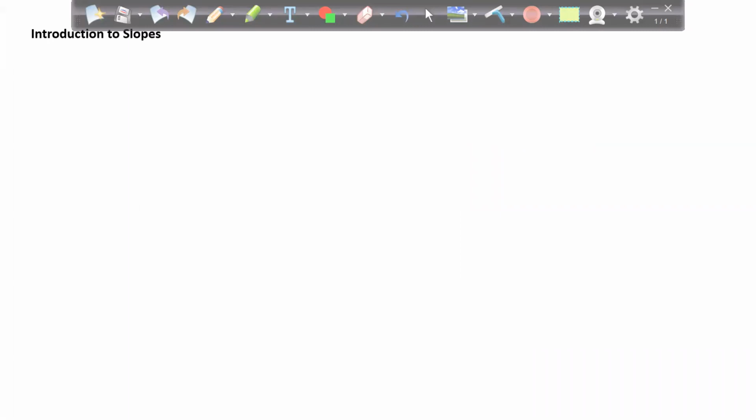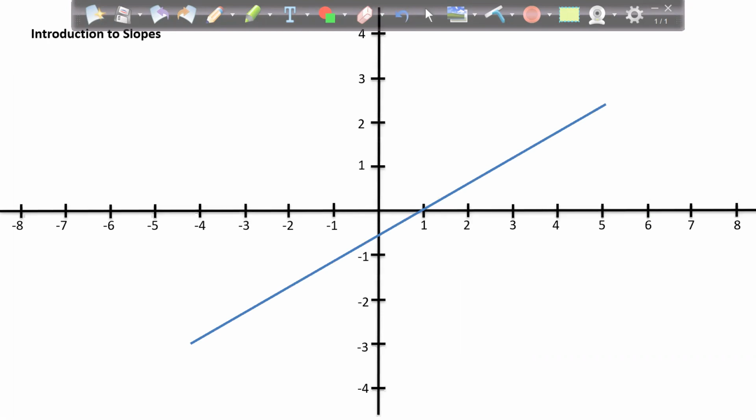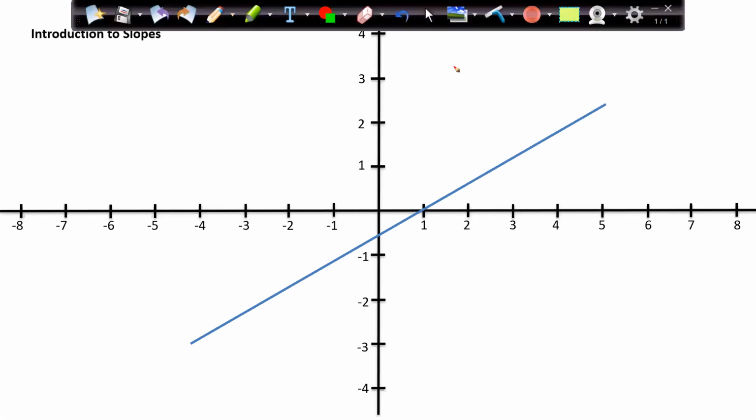But now the important part which we want to discuss is the slope of a line. Now what is the slope of a line? I have this line. I want to find the slope of this particular line. Slope of a line is nothing but, when x is changing by 1 unit, how much value of y is also changing. When there is a 1 unit change on x happening, what is the change of y happening is what my slope is.